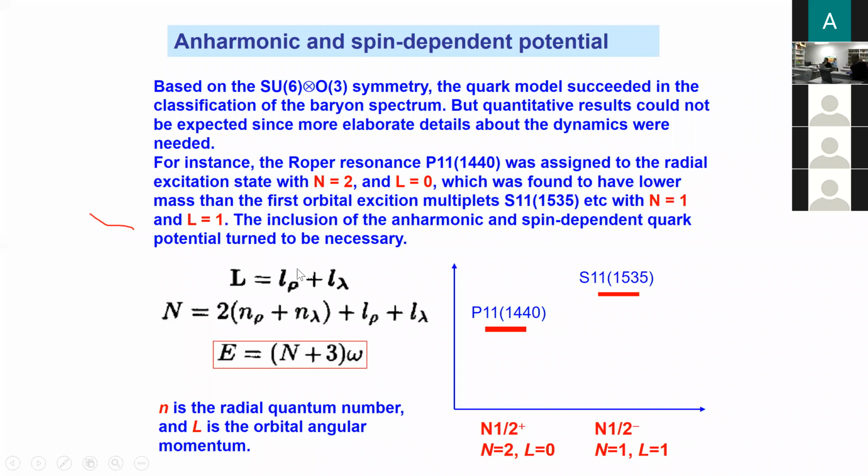In this harmonic oscillator basis, the first radial excitation requires the main quantum number to be 2. Therefore, the energy of the first radial excitation is supposed to be higher than the first orbital excitation. But in experiment, we see the first orbital excitation, the 1/2 minus states, coming out around 1.5 GeV, while we have a 1/2 plus state, the so-called P11, at just about 1.4 GeV. So this cannot be explained at all in this harmonic oscillator basis,